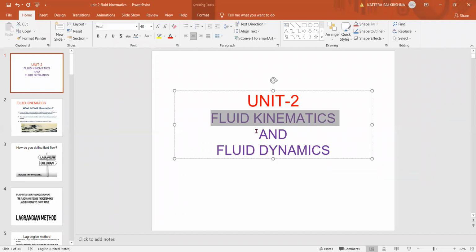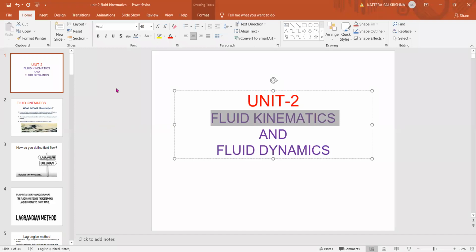Right. So first thing we need to know is the definition of fluid kinematics. We all already know kinematics. It is defined as the branch of science which deals with motion; coming to fluids, the motion of fluid particles without considering the forces which cause the motion. It is also a fluid which is in motion. Both are fluids in motion only. But in kinematics, we will not consider the forces which are applied on them, and in dynamics, we will consider the forces which are on them. That is the main difference between kinematics and dynamics. Kinematics comes under the study of fluids in motion without considering the forces applied on them.